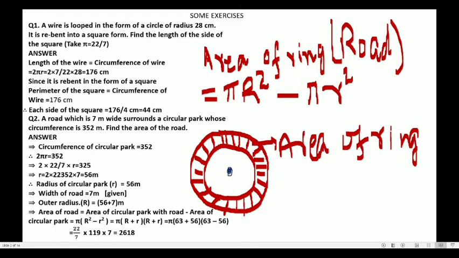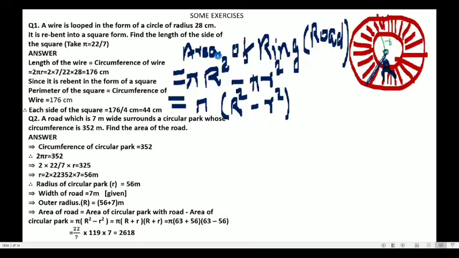So this is a center. From center to this point, this is a park and it has the radius small r. And pi capital R square minus pi small r square. You can see pi is common here. Take pi one time, write it one time, make a bracket and take. Now pi R square minus pi small r square, pi has been taken common, R square minus small r square.